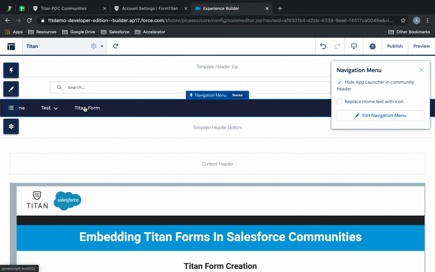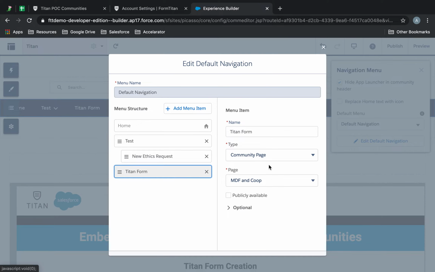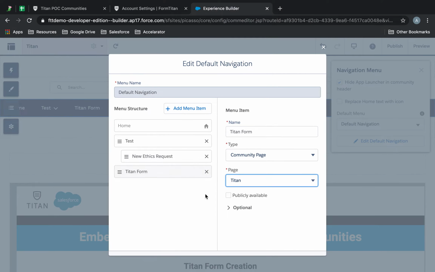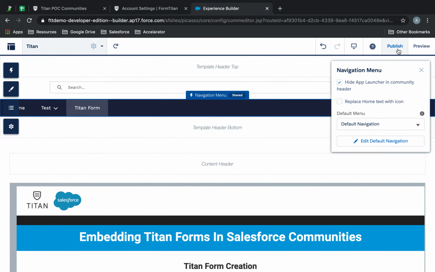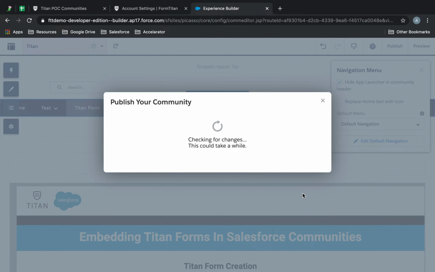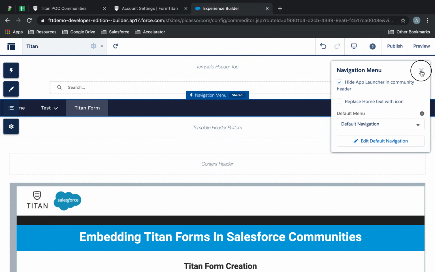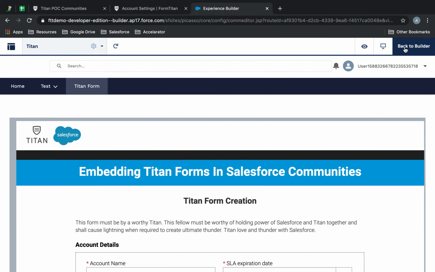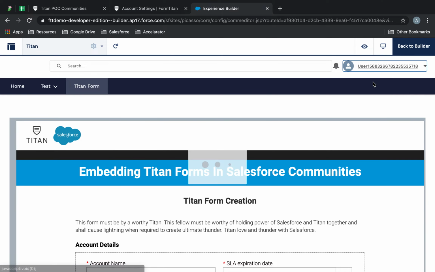Now it's just simply clicking into my navigation menu, and then clicking my Titan form, and then choosing Titan, the one that we just created. Okay, and then say publicly available if you want to, but it's fine. Click Save Menu, go ahead and publish, and got it. Okay, so this is done. So all we now need to do is just go ahead and test it really. So what we can do is just simply click here, click home,